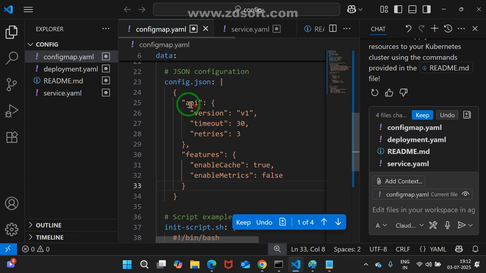If it is JSON, every key should contain double quotation. Is there or not? Check it. Every value, if it is a string, also contains double quotation. If it is numeric, no need. If it is true or false, no need. See, true false, I didn't specify any double quotation. If it is numeric, there is no double quotation.